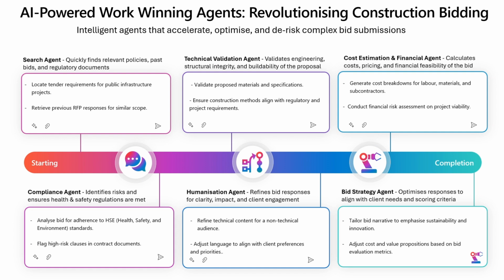Now the real problem of understanding agents is the specific scenario that needs to be used in that certain way. Now, generative AI isn't for every single task that you might do. It's not going to be able to solve every problem that you have. But if we break down those individual tasks, for example, around work winning or bids and tenders, especially within construction, where the bidding process is a crucial criteria to winning new business, here each agent plays a critical role, from